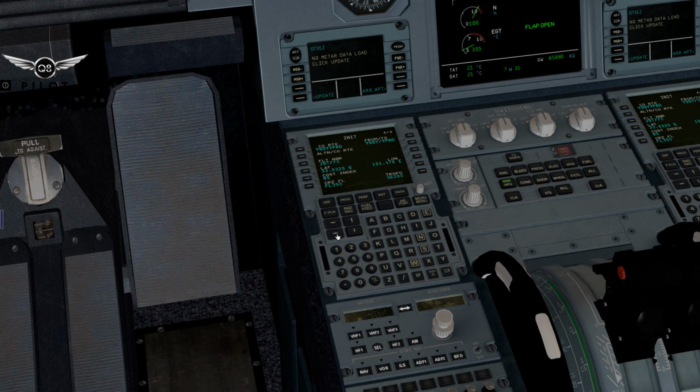Let's align. Zero fuel, block fuel, all is good. And now we can move to performance data. In fact, before we do that, let's go ahead and put in our flight plan. So we are departing today runway 16 right through the Dina 5 departure. Insert. And we're arriving into Adelaide